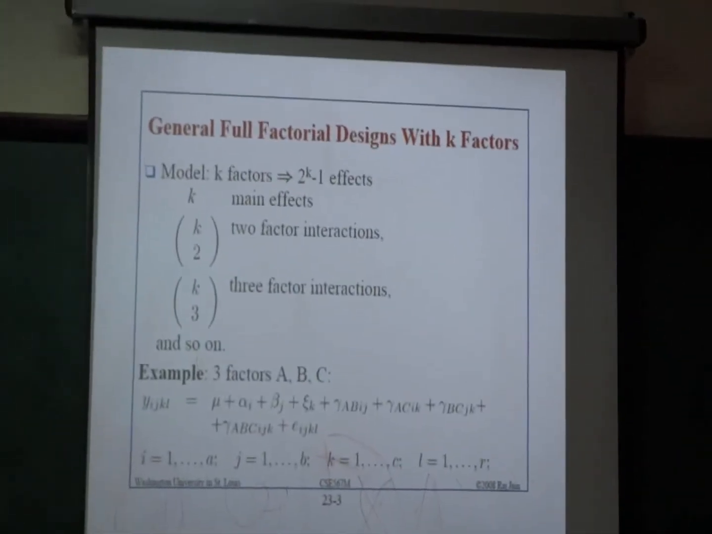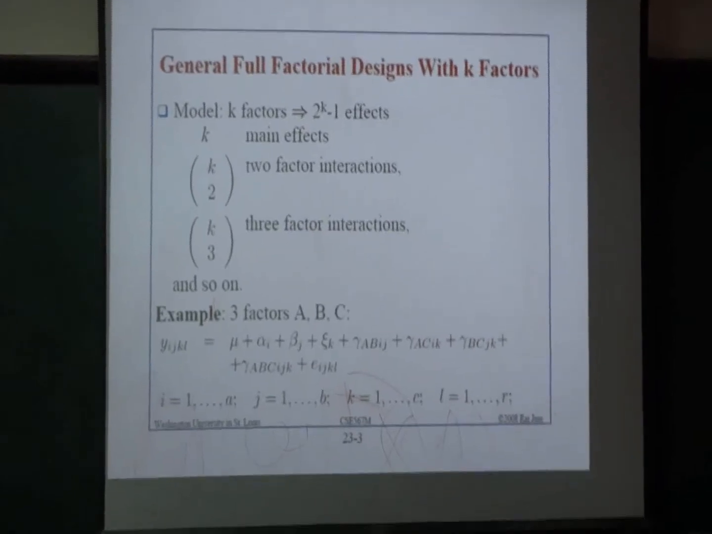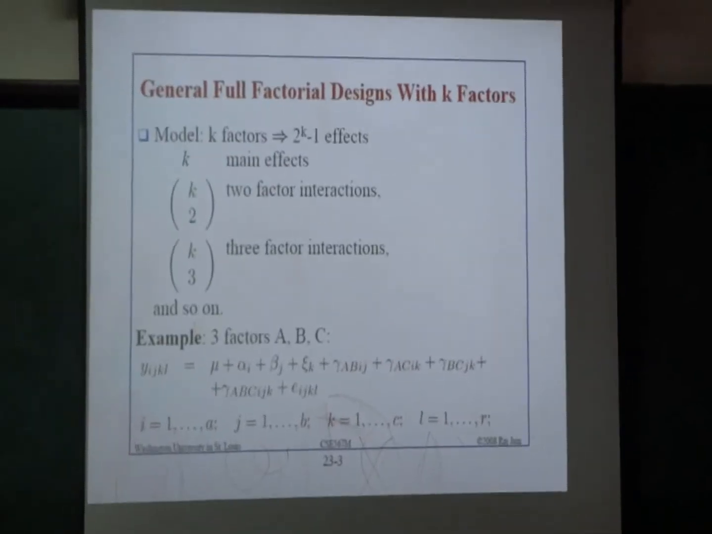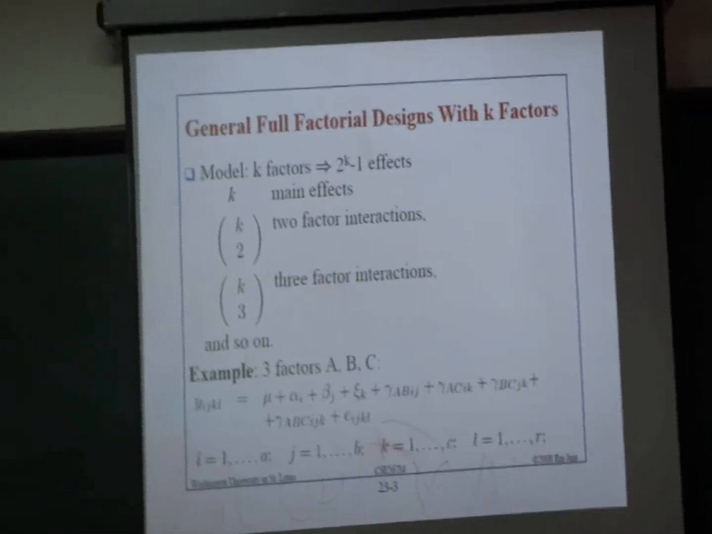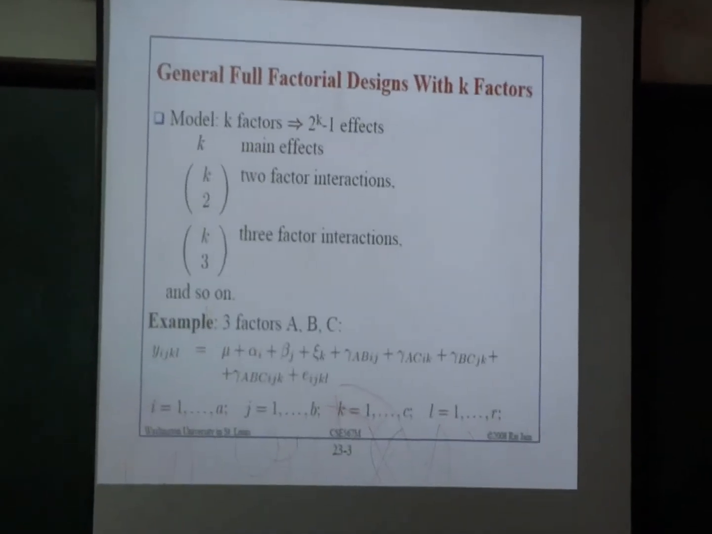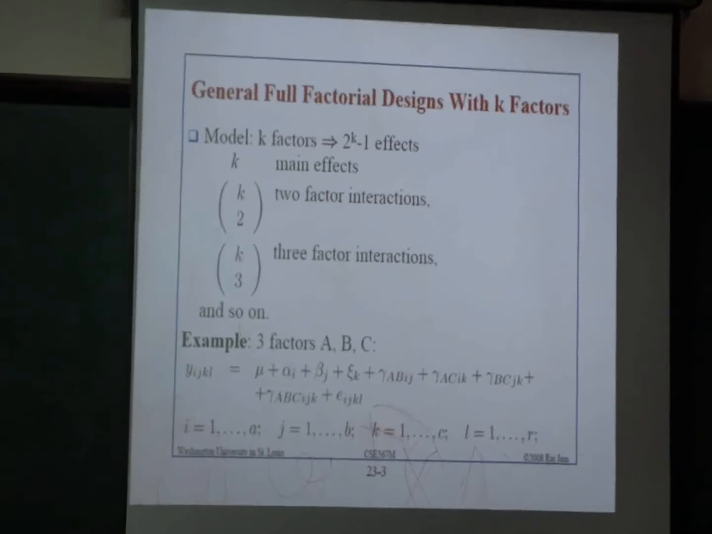The model for a K factor full factorial design contains 2 power K minus 1 effects. This includes K main effects and 2 power K factors. Here, there are 2 power K two-factor interactions. For example,